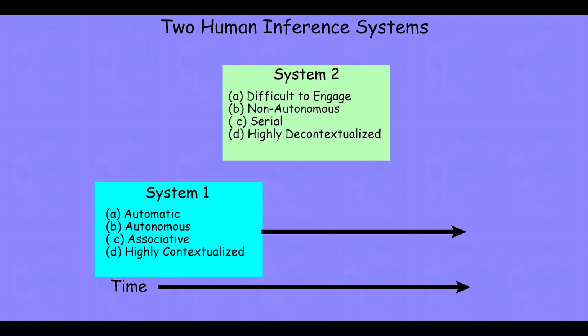Now, system two, in contrast, is going to be heavily dependent upon our working memory, on our conscious awareness and assessment of the problem. And for that reason, it's going to be difficult for us to engage because our working memory is constantly being absorbed just by all the information that we're being bombarded with all the time. And in order for us to engage that system two process, we have to identify that something might have gone